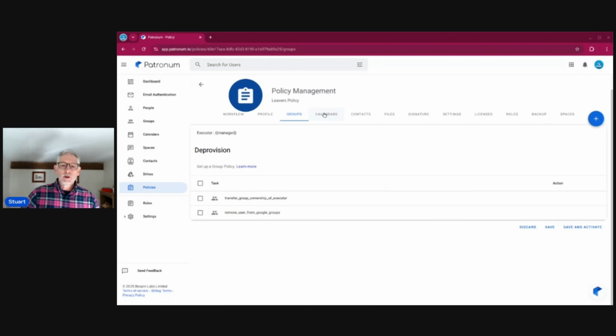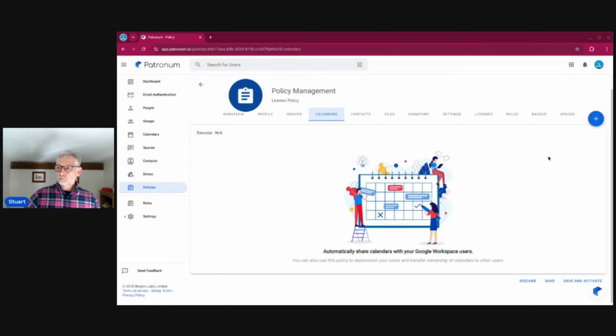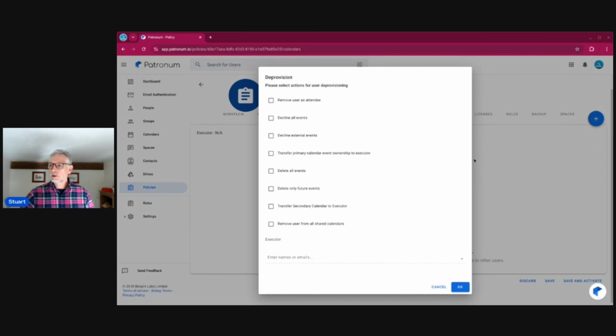Okay, moving on to calendars. Again, action button, going to go to the minus. By the way, the settings button here for calendars is more to do with when you're creating users or provisioning users, and you can define a few settings in the calendar, define which time zone it's in and so on, for example. But I'm going to come back here to the deprovision option. Okay, now then,